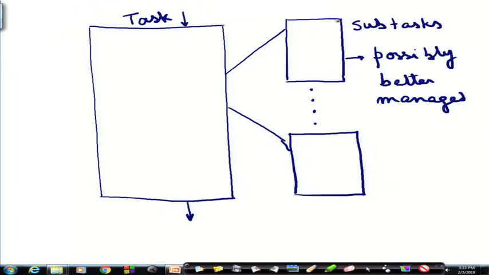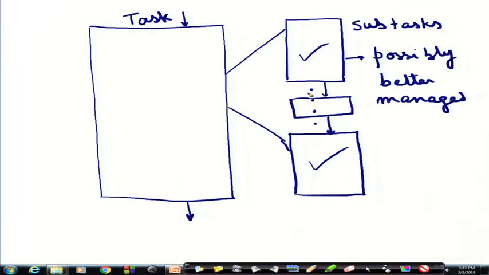And each of these can be independently tested for its correctness, whether it is working properly or not. Then if all these are connected together, one after another, I can ultimately get this entire task done.